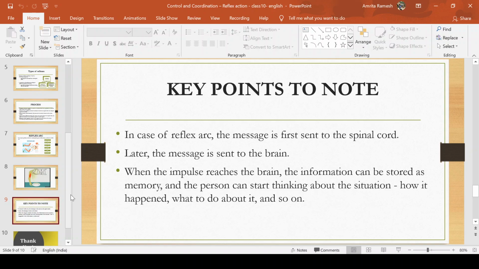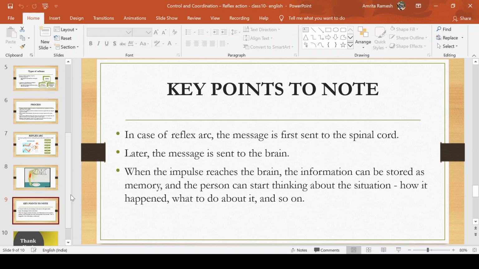So once we do something, the brain stores it as a memory. Next time when we are near a very hot object, a thorn, or a rose plant, we are more careful, right? The first time maybe we didn't know, so we went and touched it by mistake. But the next time you see the same plant, will you go and touch it? We know that there is some danger. How do we know? Because our brain remembers that last time when I touched it, something happened. This time I'll be more careful. That is the work of the brain.